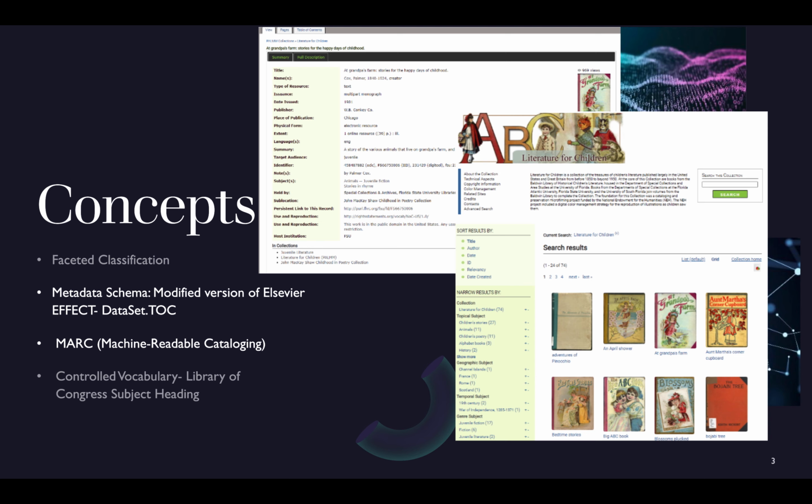resource. The Literature for Children digital repository uses a modified version of the Elsevier effect format called dataset.toc. For each resource in this collection, the dataset.toc file identifies and names the image files comprising the resource, defines the order of images, identifies and names the subsections, says which images belong to particular subsections, and establishes the order and hierarchy of subsections. Each resource also provides resource description using the 15 Dublin Core elements, the most universally used metadata